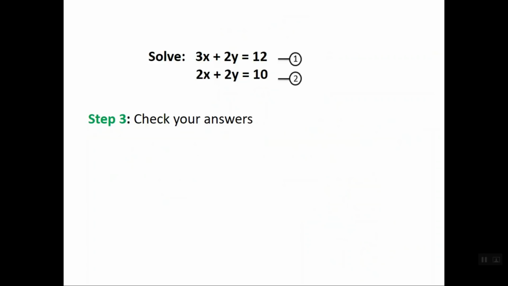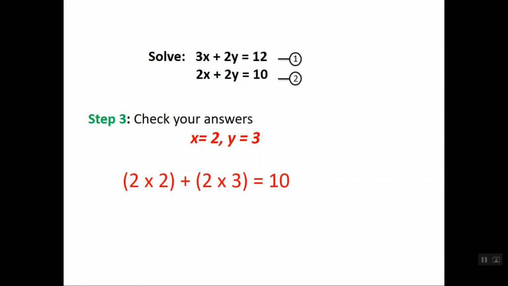Okay guys, let's look at our final step now. Step 3, which is to check your answer. So again, you can choose any one of the equations. Let's use equation 2. I already know that my x is equal to 2, my y is equal to 3. So I'm using equation 2 to check my answer. So I have 2 times 2, and again the reason for that is I know that my x is 2, and I'm using equation 2, so it's 2 times 2. Then I have plus 2y, which is now 2 times 3 because my y is equal to 3,